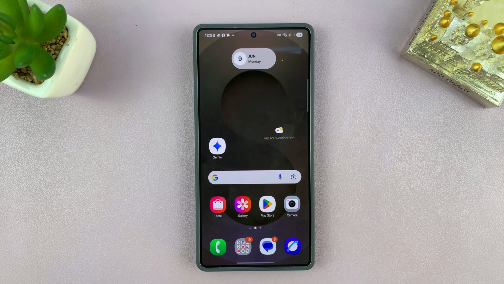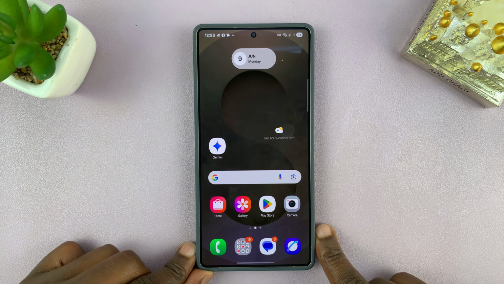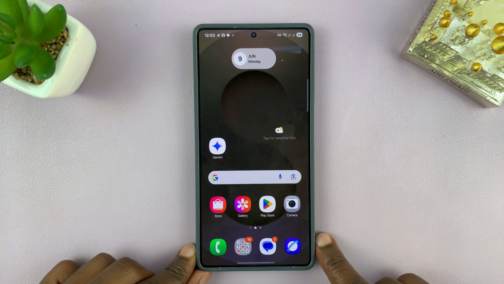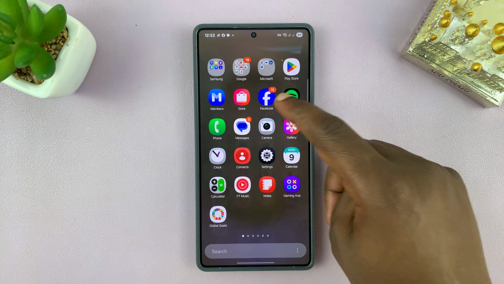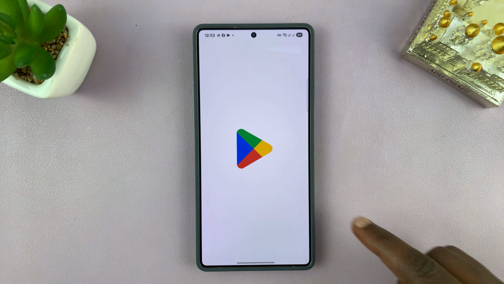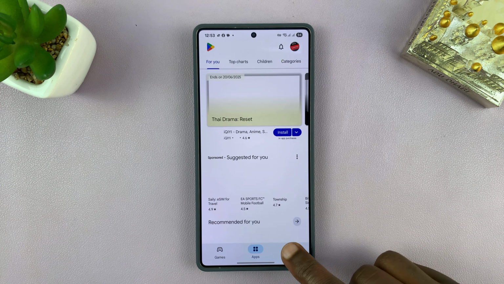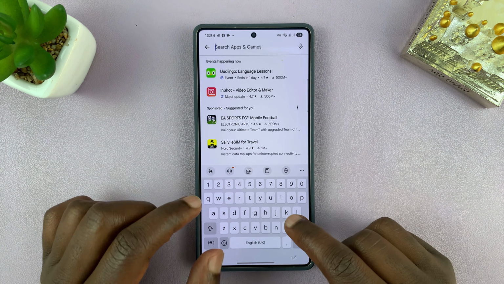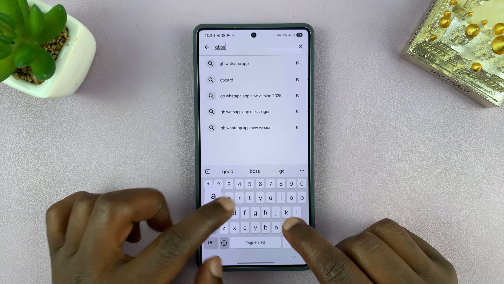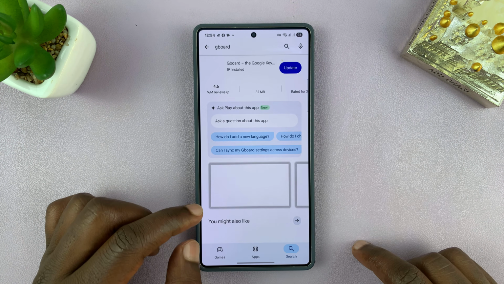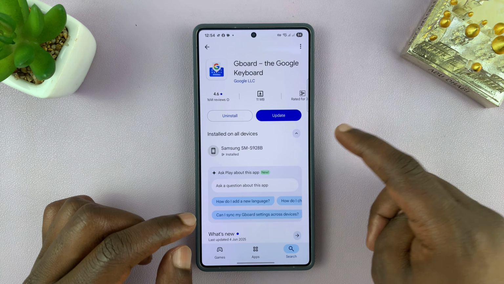Right, so let me show you how to install and enable Gboard or the Google Keyboard on your Samsung Galaxy S25 or S25 Ultra. So if you prefer to use the Google Keyboard, first step is to go to the Google Play Store and have it installed on your Samsung S25. So just go there and search Gboard,